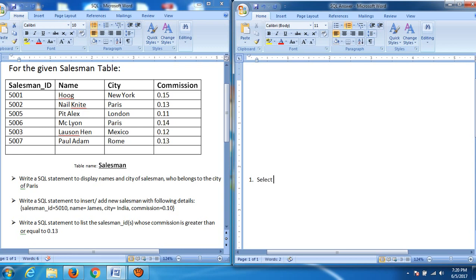Select name, as we want name. In this table we can see that the field name is name.